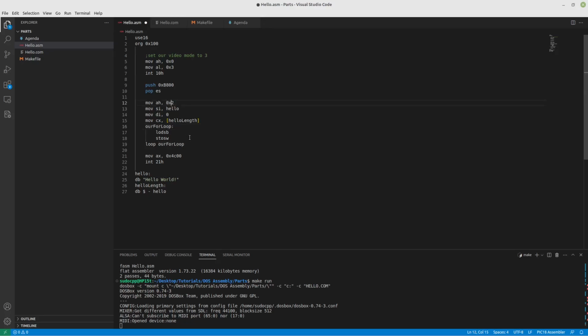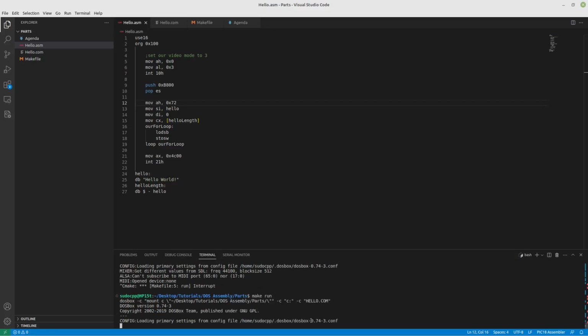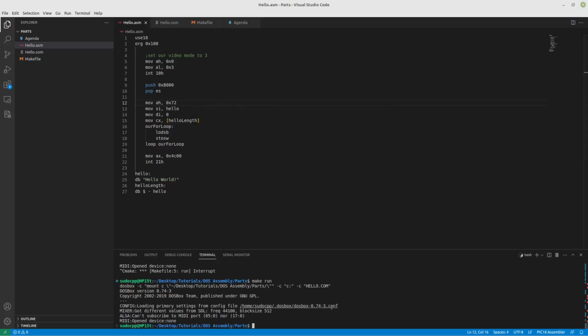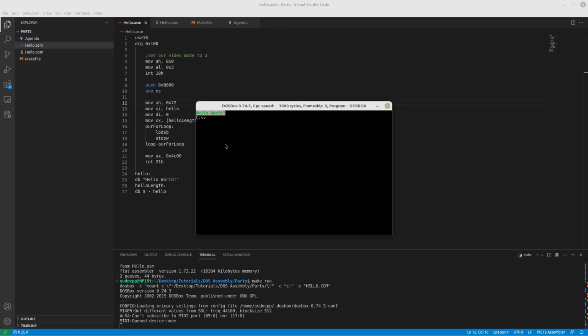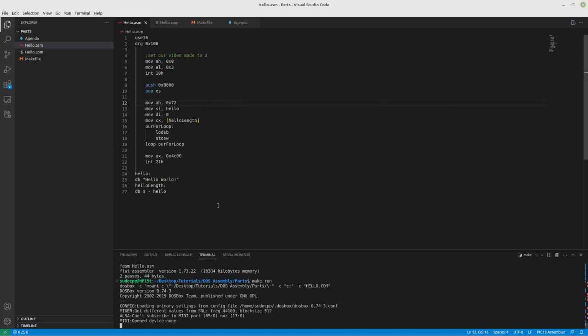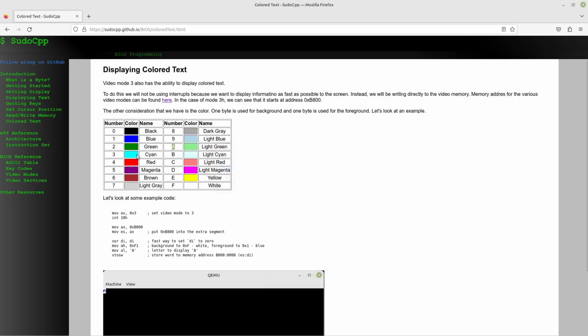Let's explore. What happens if we get rid of our F and run this again? We didn't run make, so that would not have actually done anything. Ah, interesting. Okay, so by doing that, I switched it to 7. So in this color chart,